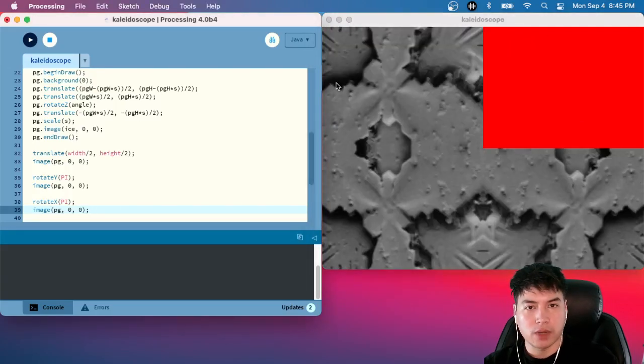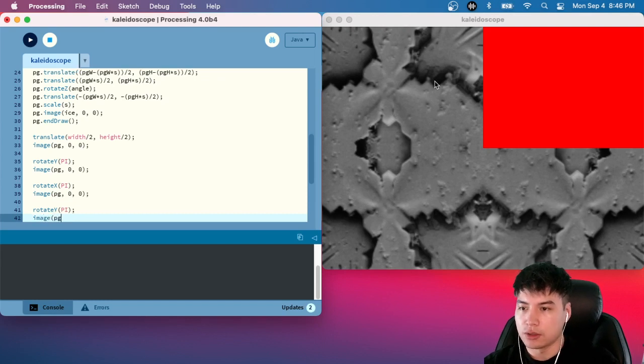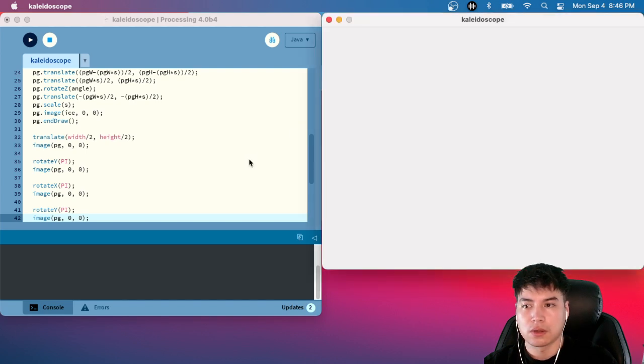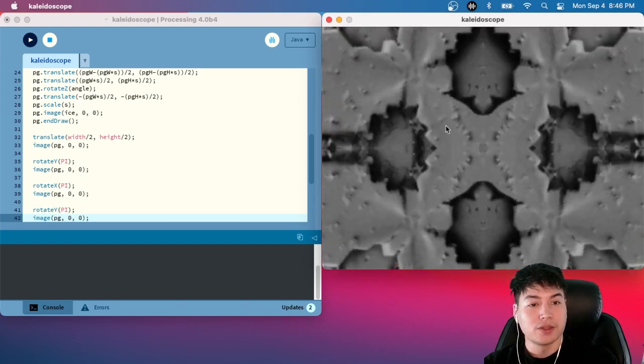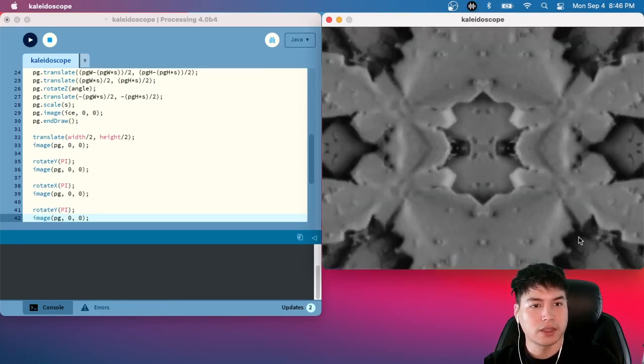So now we're up here, right? All we need to do is rotate once more around the y-axis. So I can say rotate y, again, just by 180 degrees or by pi. So I just flip that image one more time. Then I draw the image like so. And I should, here we go, awesome. Okay, so now I have a kaleidoscope that covers the whole screen